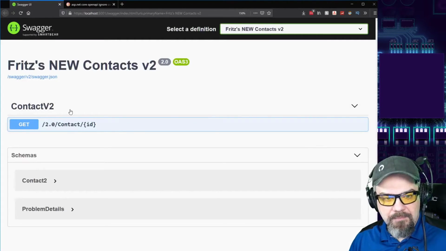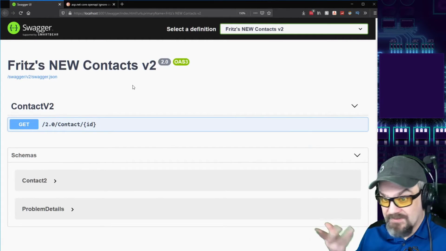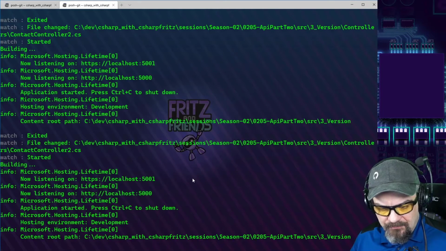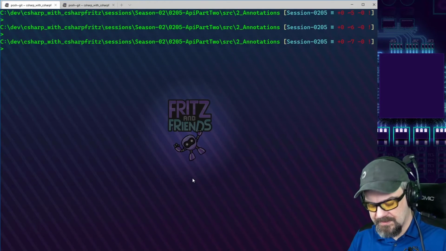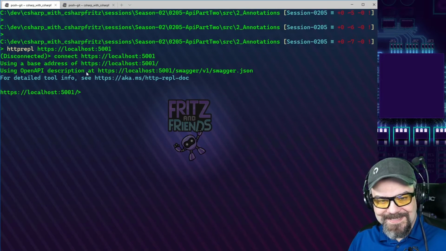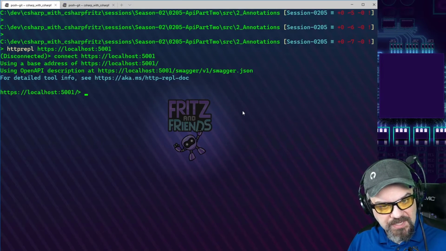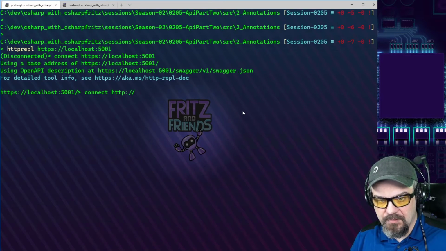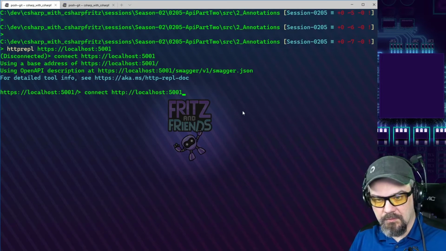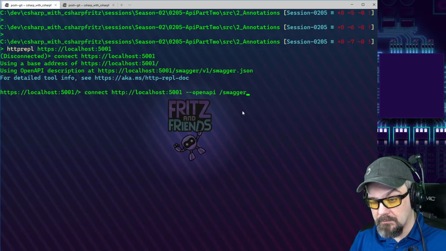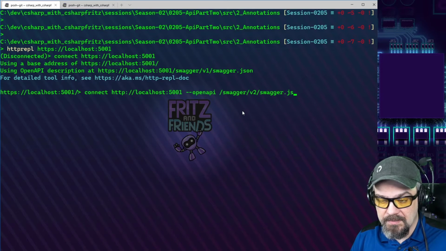So that makes it real easy. See, that .NET Watch Run is running and it automatically refreshed this for me. If I go back over to the HTTP REPL for this, right, I've still got it sitting there. It will go and detect the first JSON file. You can reconnect and have it go find the other one. So localhost 5001, OpenAPI, I'm going to Swagger, and I called it v2 swagger.json,